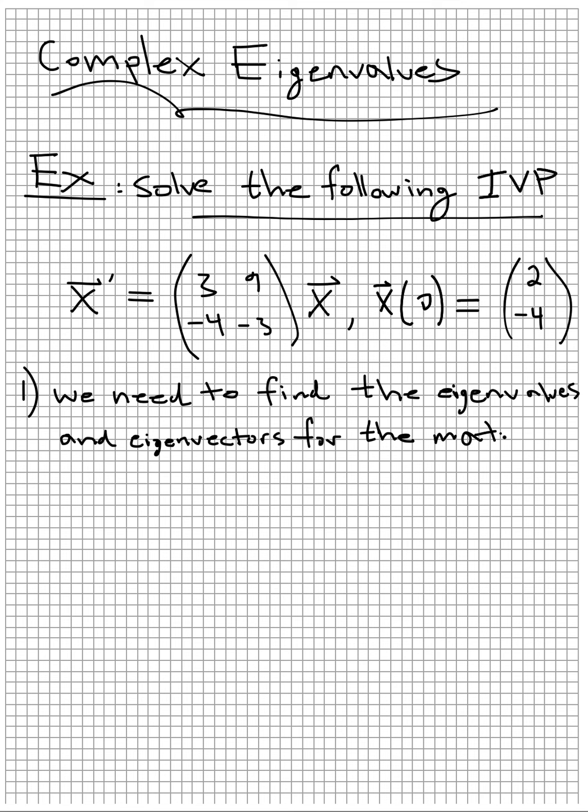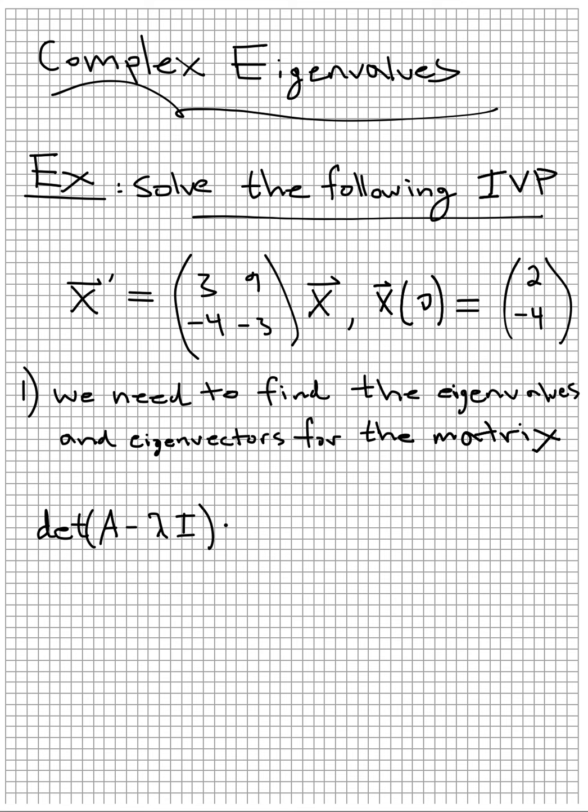Okay, so that will be our first step, and this is the first step I would expect you would do as well on your final exam. So to do that, we take the determinant of A minus lambda I,